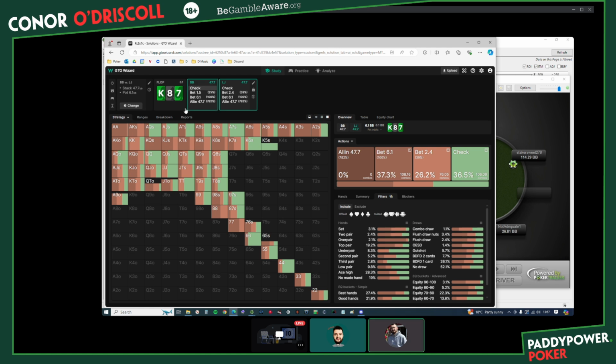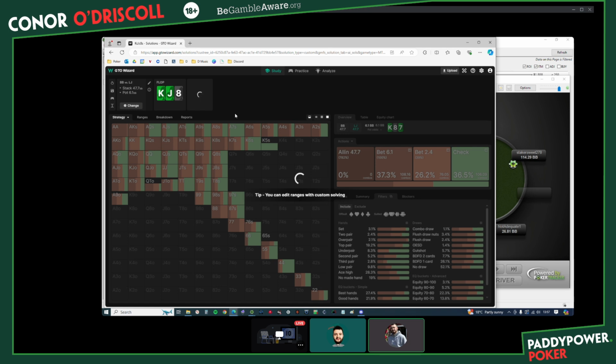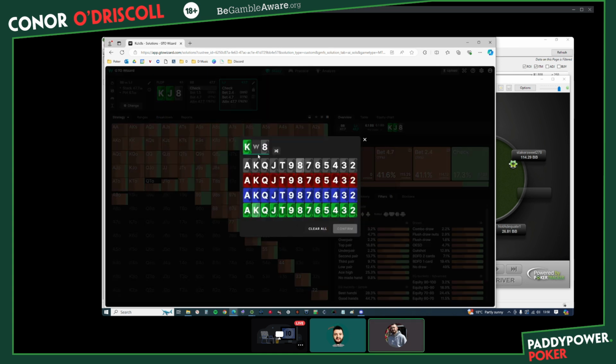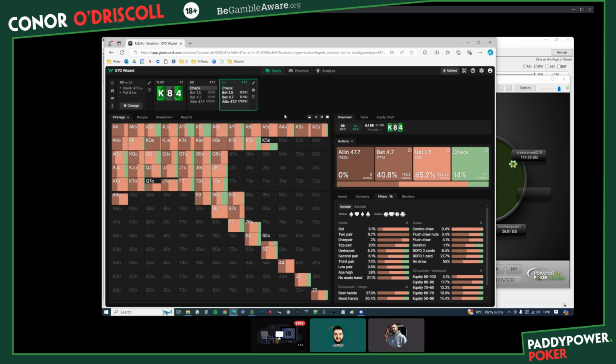But I think we need to be careful with these kinds of spots, because as soon as you change this 7 to a jack, I think it's going to start betting a little bit more. So now it's almost range. As soon as you change the 7 to like a 4, I think it's going to be betting a lot again. But we'll double check. Now it's pretty much range. So because that 8 and 7